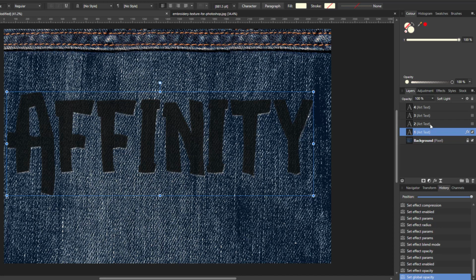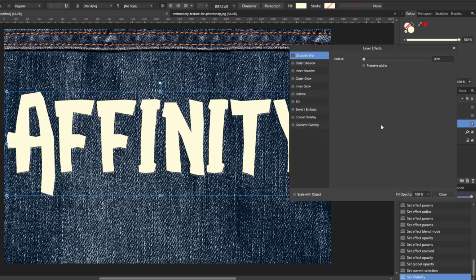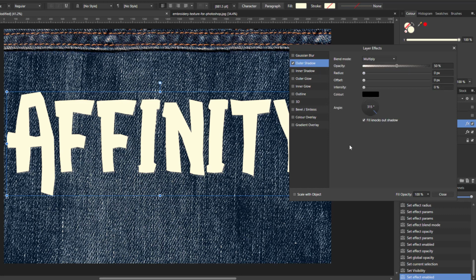So we're coming to layer number 2 now of the text. I'm going to highlight it and unhide it. Now I'm going to keep the blend mode as normal, and we're going to add the effects again. So click on the FX panel, and we're going to go with outer shadow. So I'm going to tick in the box, click on the word to get the options,